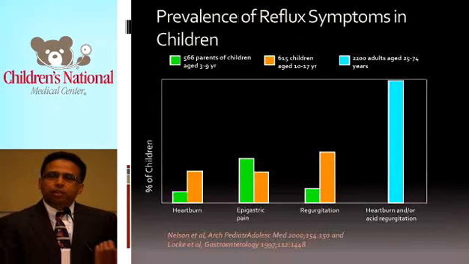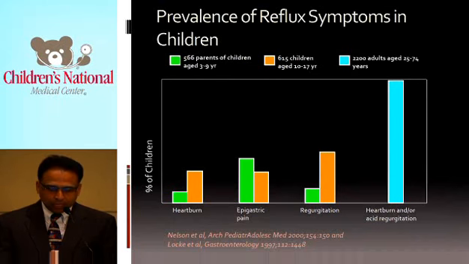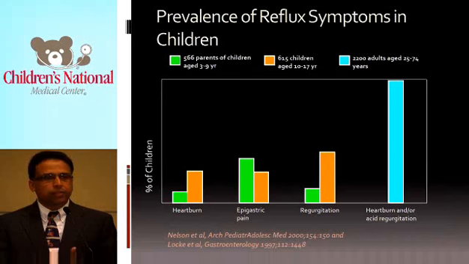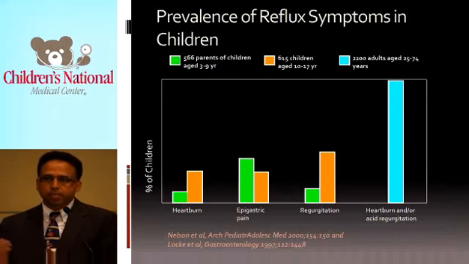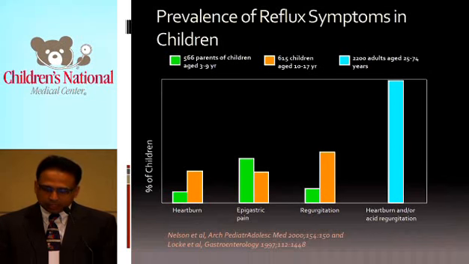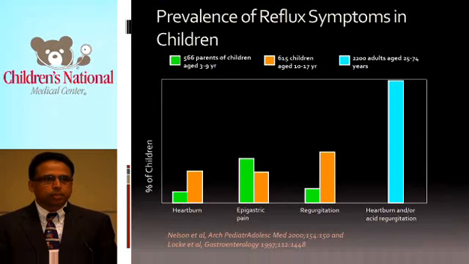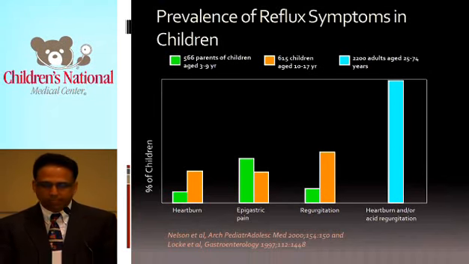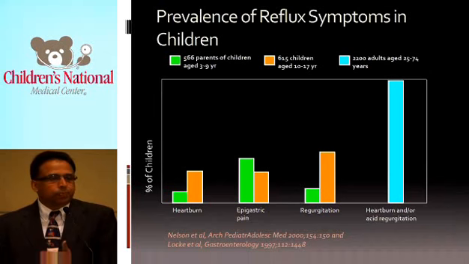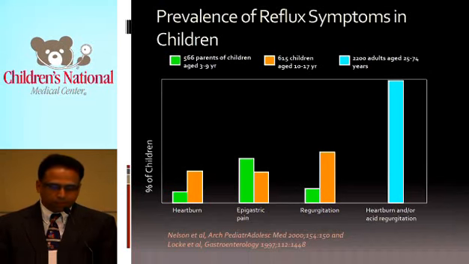If you look at this graph, which shows how kids present in different age groups, the typical presentation of reflux in adolescents mimics that presentation of adults. So this is an analysis of 2,000 adults, and their main symptom for reflux is heartburn or chest pain. Whereas in the pediatric population, 3 to 9 years of age, shown here in the green bars, they more commonly have other symptoms, but do not have heartburn and do not have epigastric pain as their main symptom.